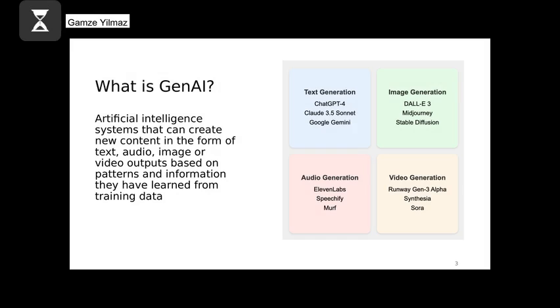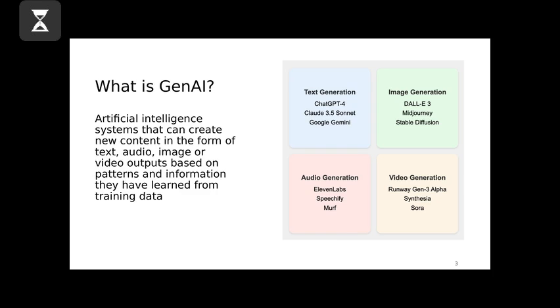Okay, so let's get started with the basic definition. We've been talking about AI, but when we talk about AI in this course, we're actually referring to generative AI, which is different from traditional AI systems. Traditional AI systems generally use existing data to make predictions and decisions or conduct optimization for certain processes. But generative AI, as the name suggests, are all artificial intelligence systems that can create new content.